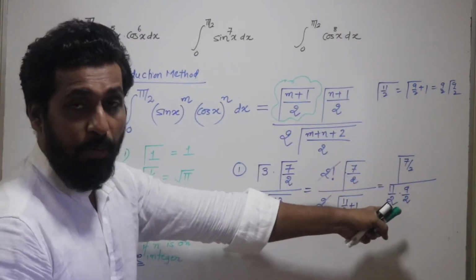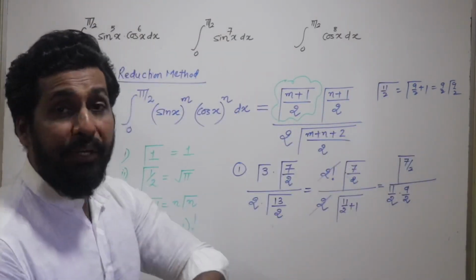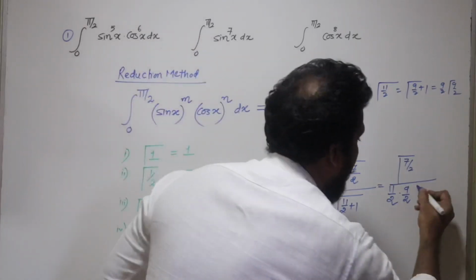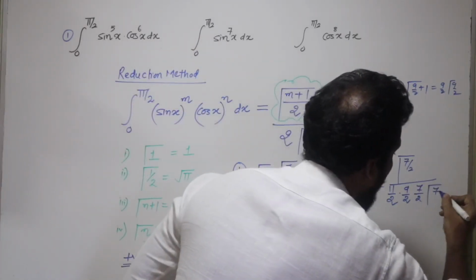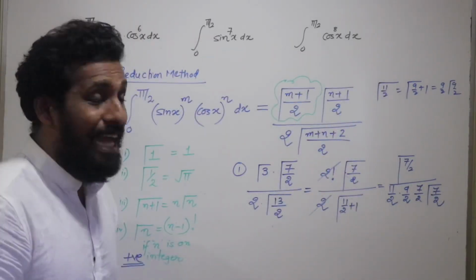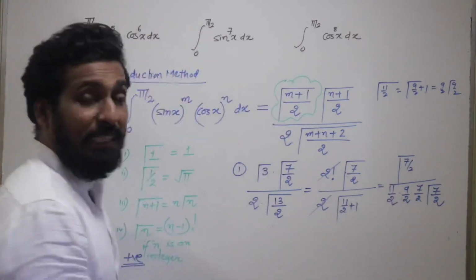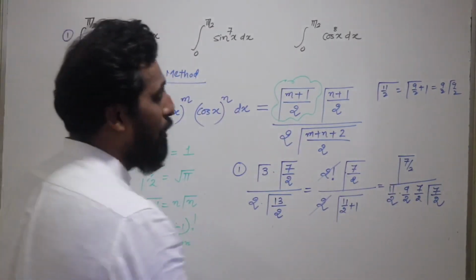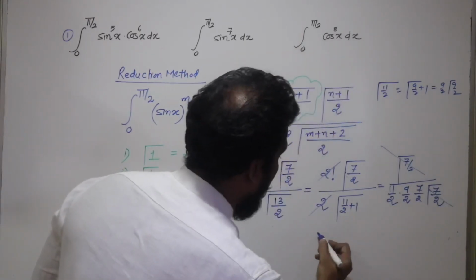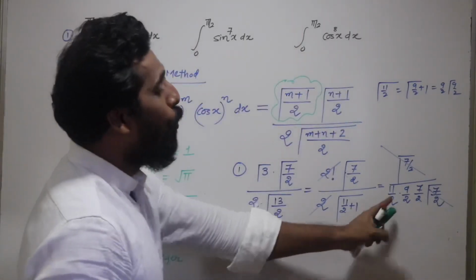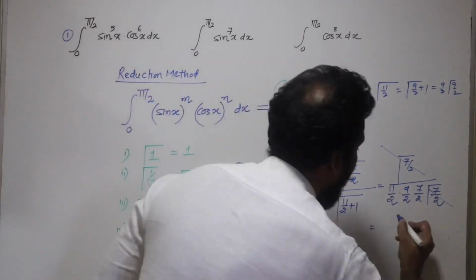Next comes gamma 9 by 2. Gamma 9 by 2 can be written as 7 by 2 plus 1. So that gives me 7 by 2 and gamma 7 by 2. Did you get that? That was the reason gamma 7 by 2 in the numerator was not simplified. I can cancel these two terms and my final answer would simply come 2 into 2 into 2. That's 8. So I write 8 here.